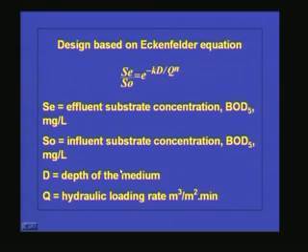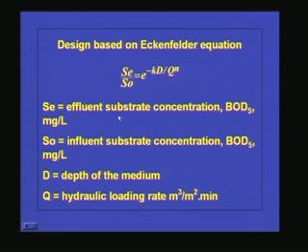Now we will see how to design these biotowers. Usually it is designed based upon Eckenfelder's equation. So if you know what is the effluent quality we have to get from the biotower, that means Se, this depends upon the effluent discharge standard, and S0 is the ultimate BOD of the wastewater coming to the system. So Se by S0 is nothing but e raised to minus K into D by Q raised to n, where